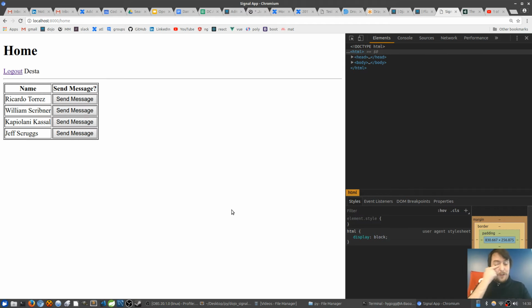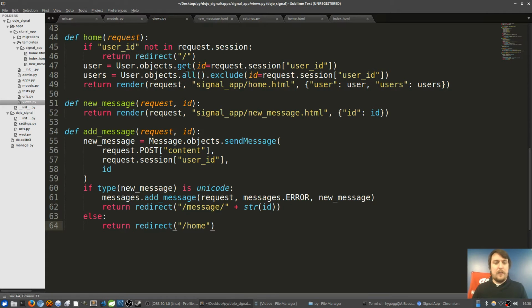Alright, so we're able to send these messages. And now we need to be able to view these messages somehow. So let's have a second part of this screen that's going to be dedicated to being a display indicating whether or not you have messages. So let's do that. Let's go back to our home.html,